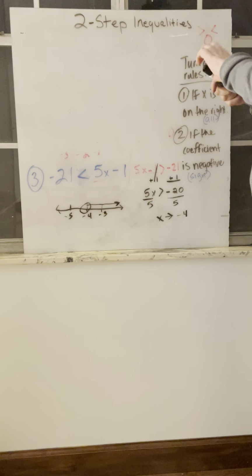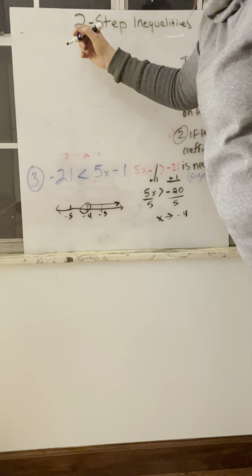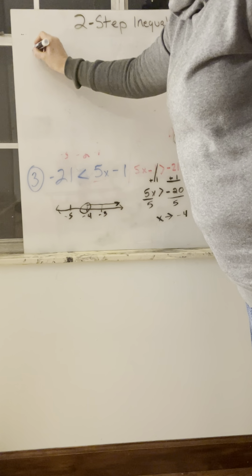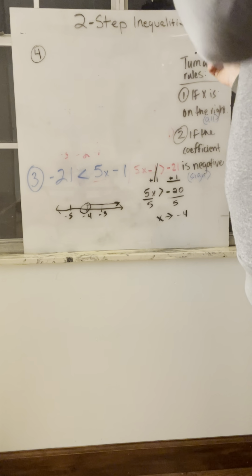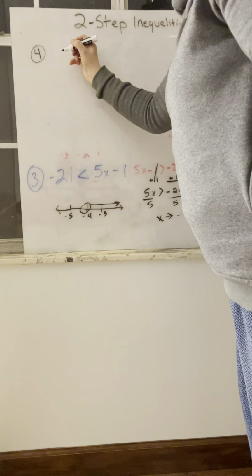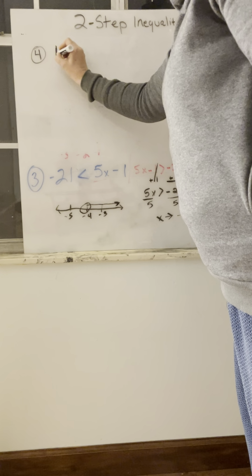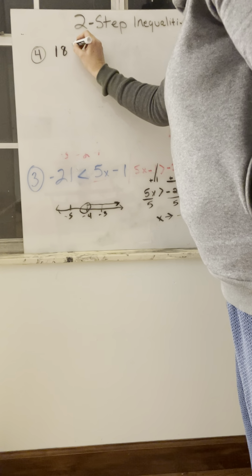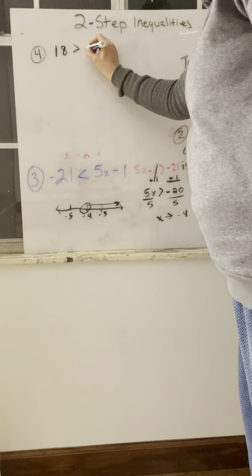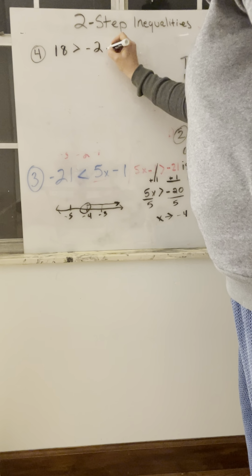So say I have, this will be number 4. Okay, let's do 18 is greater than, let's say, negative 2x